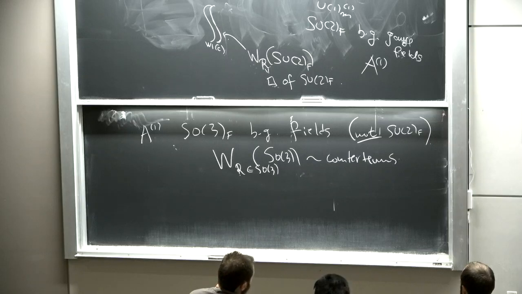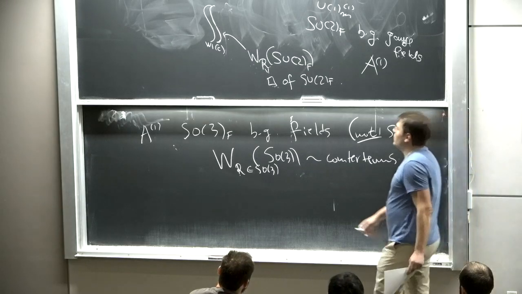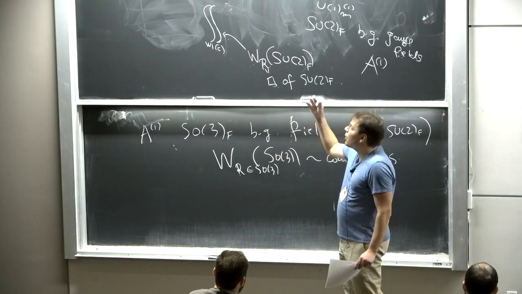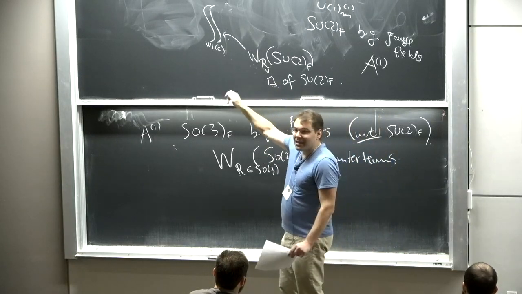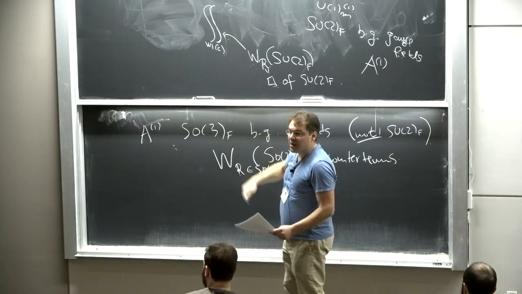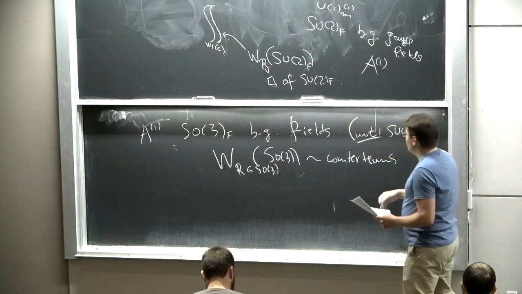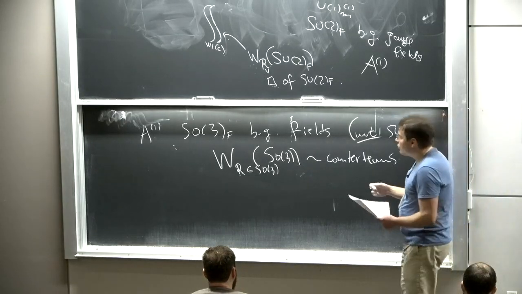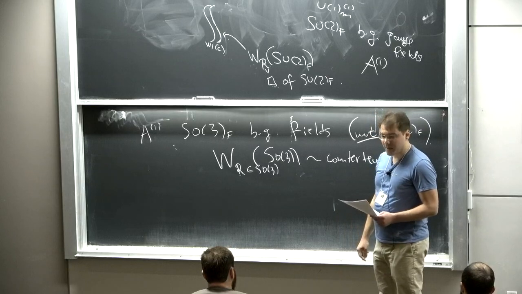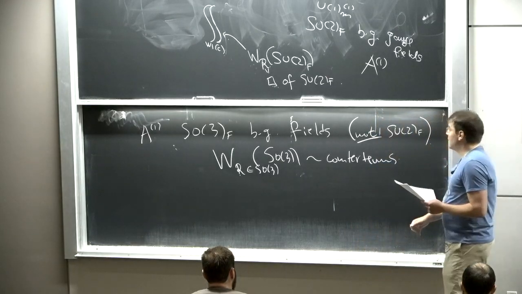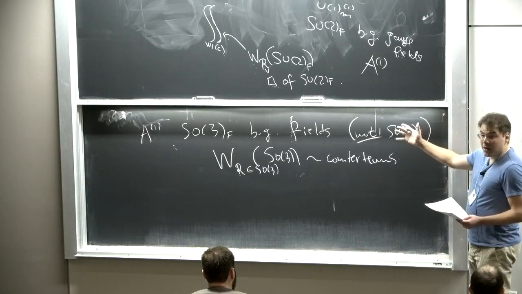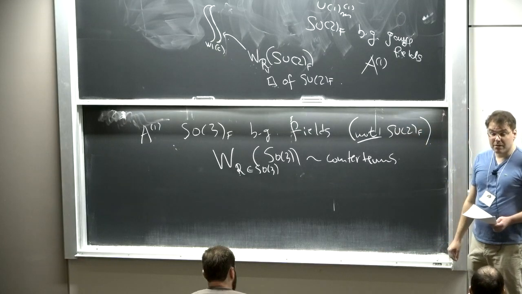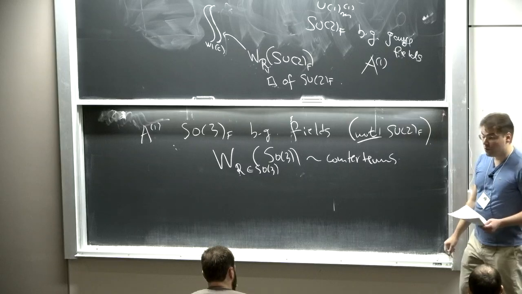So now the question we need to solve, we're back to square one. We now know that we can only use integer counterterms, but we still haven't figured out how to impart the information to the line that it's actually projective under SO3. And in order to do that, we need to use a gadget that is available because SO3 is topologically distinct. The statement is that every SU2 bundle can also be thought of as an SO3 bundle, but not the other way around. There are some SO3 bundles that cannot be lifted to SU2 bundles.